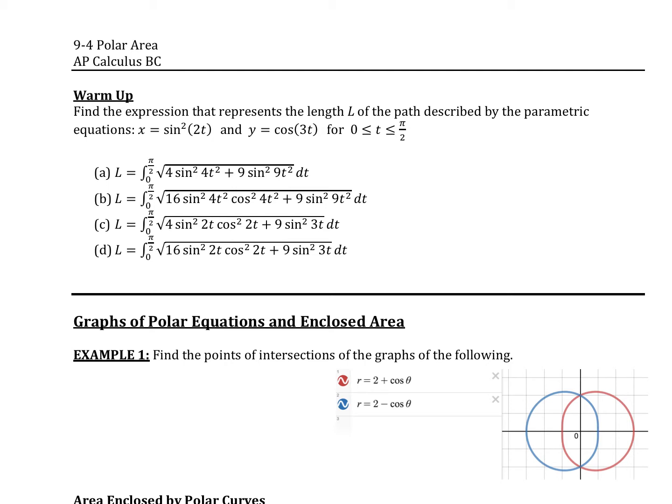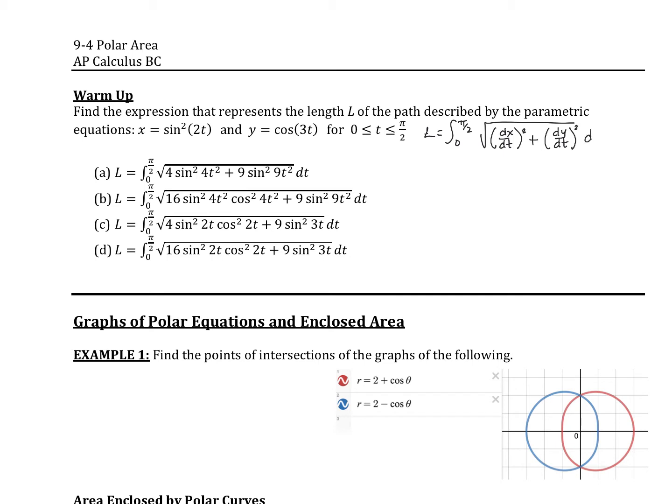We need to find that length from 0 to pi over 2. So remember our arc length, normally we'd call it S, but they're naming it L, goes from 0 to pi over 2 of the square root of (dx/dt) squared plus (dy/dt)